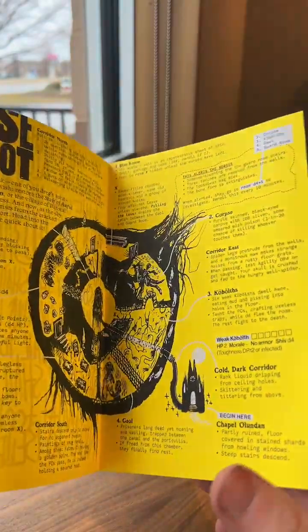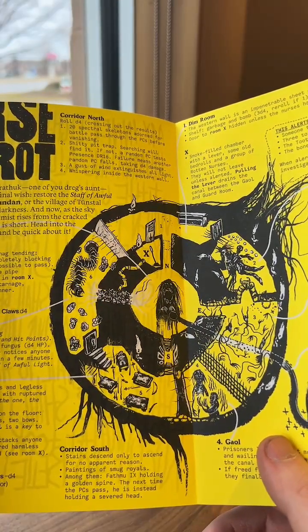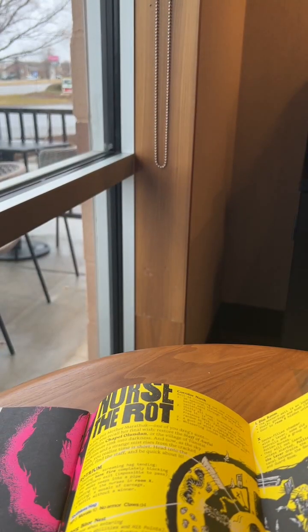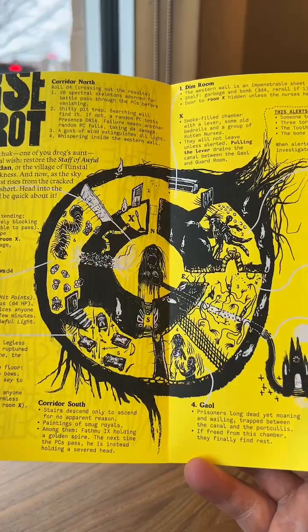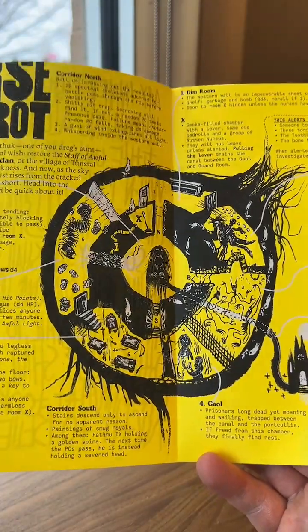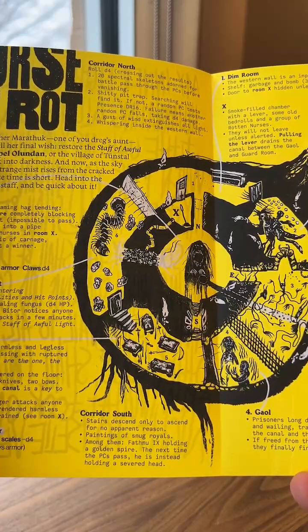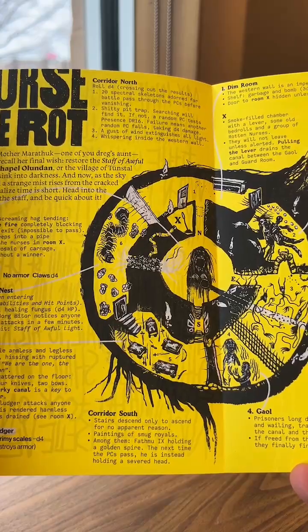From there, you can go to Corridor North. Roll D4, crossing out the results. Let's go ahead and do that. Passing through it, a gust of wind extinguishes all light. Unclear whether